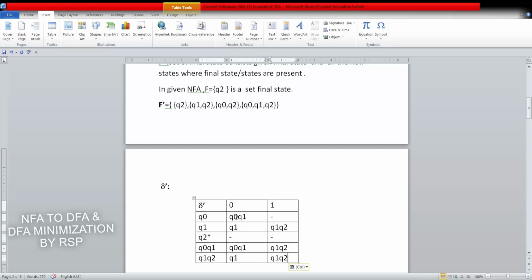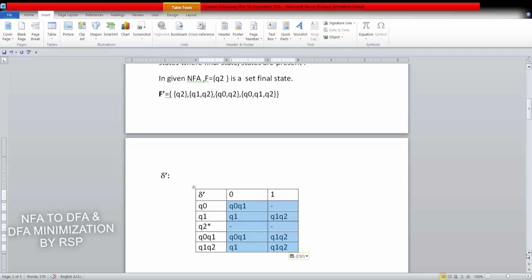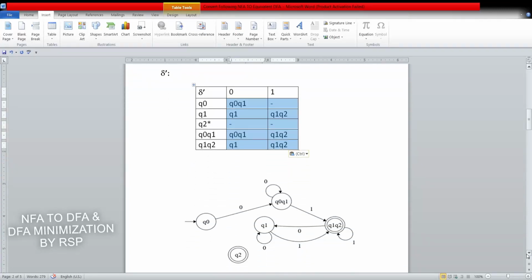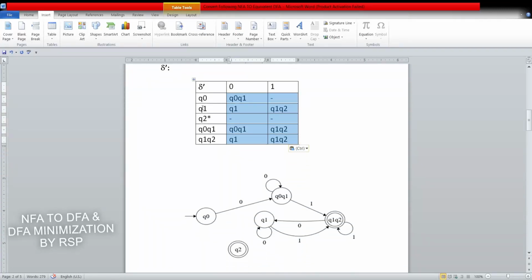As you can see now from these entries, there is no new state which is to be considered for the transition. Q0, Q1 we already considered, and Q1, Q2 was a new state which is already considered. But the result of this is not giving a new state, so we can stop here. Otherwise, if again there is a new state, we need to consider that new state. Okay. So I think no need to consider all 8 states. We are considering only the 5 states, and with the help of these 5 states, we can construct the resultant DFA. So you can see this is the resultant DFA. As we can see how many, 5 states are there, and here also 5 states are there.